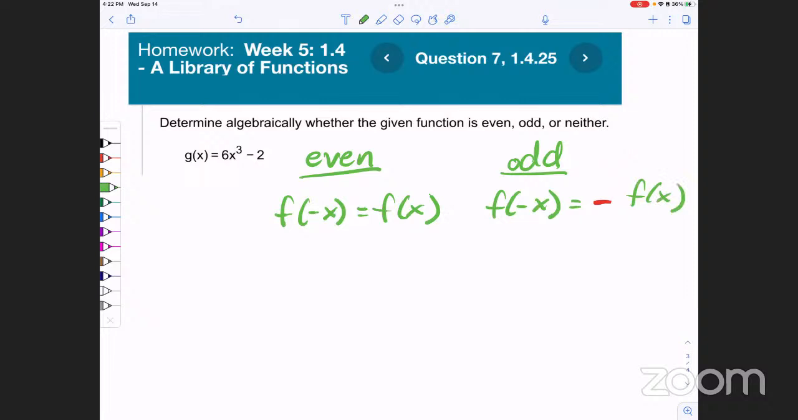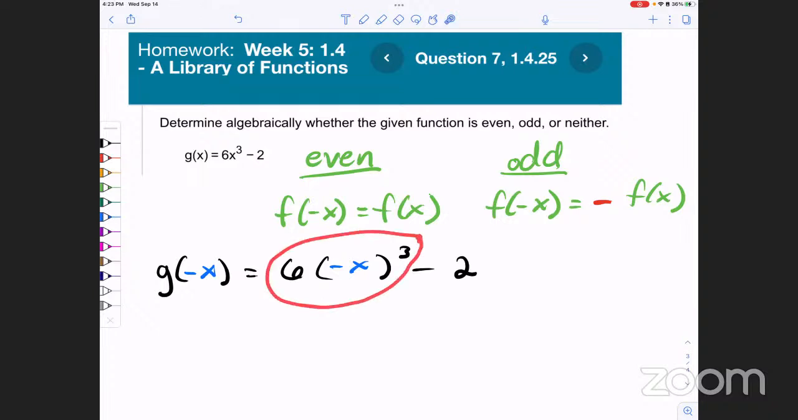So in this case, we're going to replace each x with a negative x, simplify, and analyze. The first thing we're going to do is replace each x with a blank set of parentheses. The blank parentheses help us keep track of our signs. So we're going to say g of x equals 6x cubed minus 2, and we're replacing each x with a negative x. Now when we go to simplify,